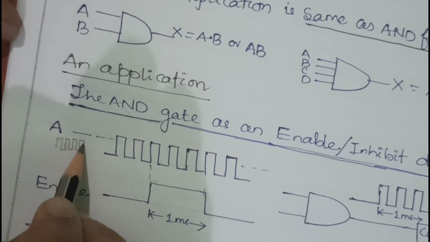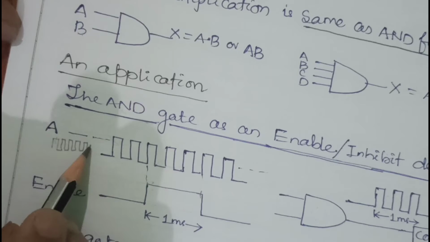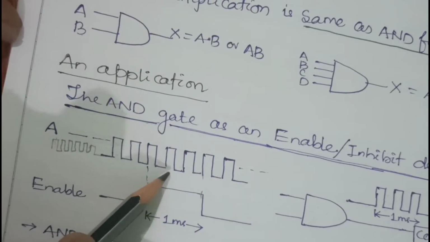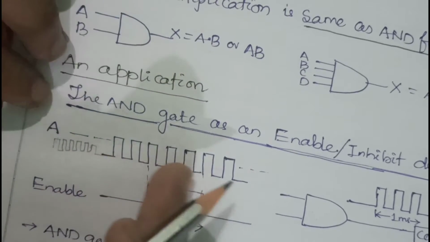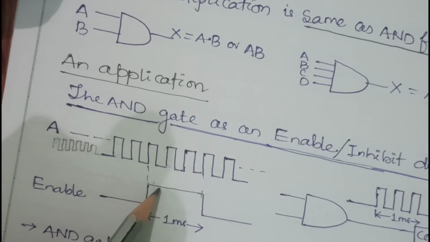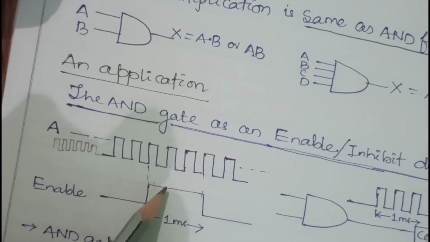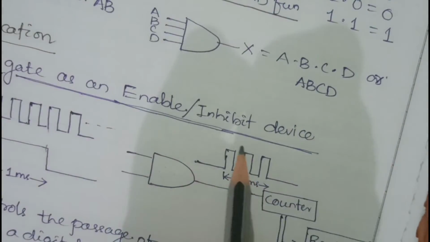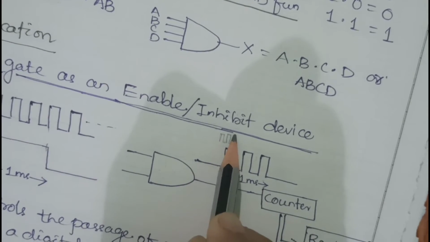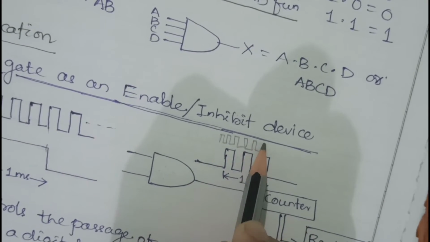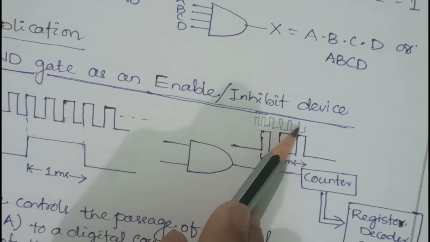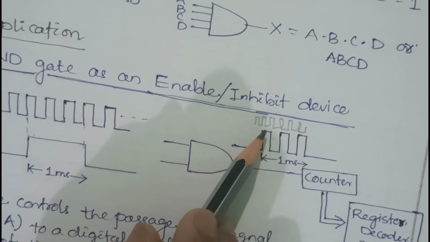Let's take this one. This is the pulse that is connected with this one. This is the same pulse that is coming with this one. When this pulse passes across the enable circuit, then these two are 1 and 1, so the output will come. In that case, those pulses will come to the output. Unlike the previous case, where there were only 3 pulses, here suppose there are 6 pulses. So accordingly my frequency will change.